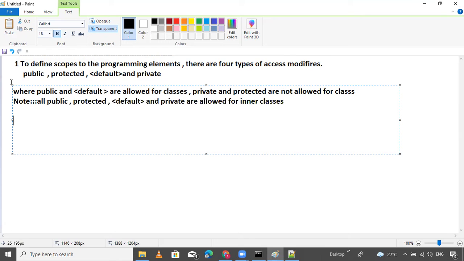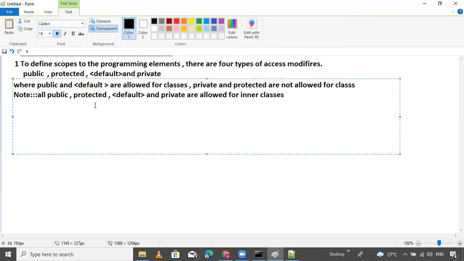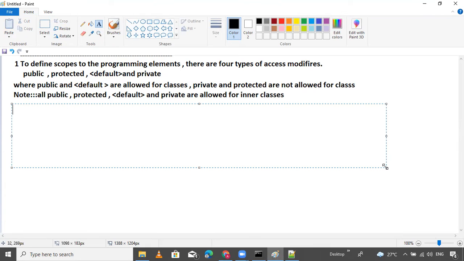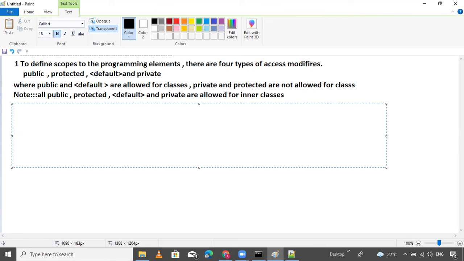So now the question is, why private or protected? Why private and protected? We cannot declare them at the class level, for the super class like the outer class. Why? One very good point is there. Observe where private and protected